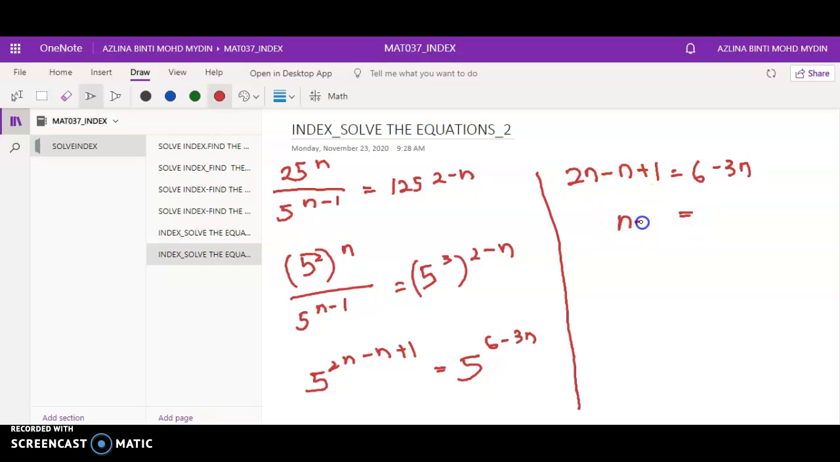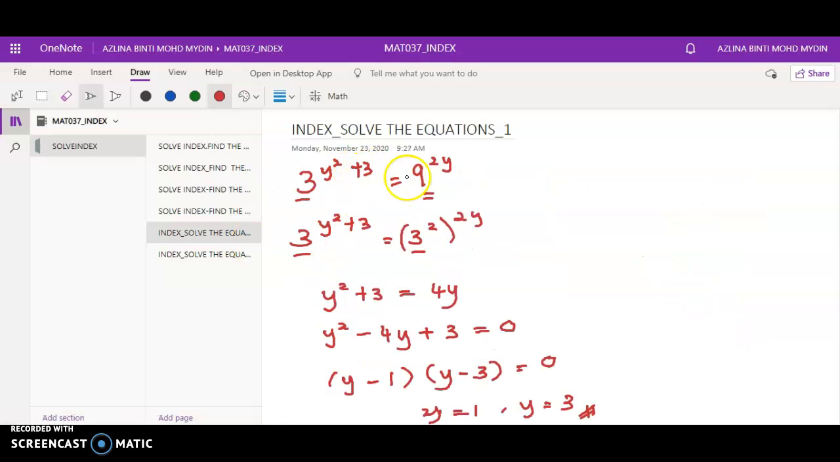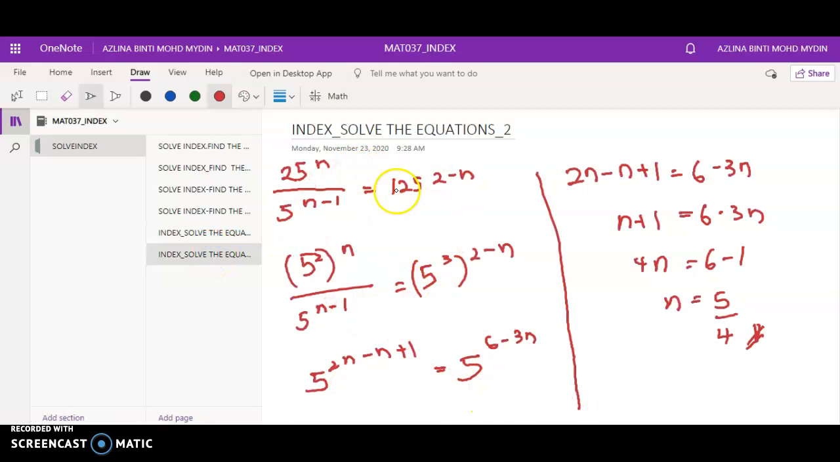So n plus 1 equals 6 minus 3n. So 4n equals 6 minus 1. So I have n equals 5 over 4. So the value of n here is 5 over 4. Okay, so we have solved the index from the equation given. So sometimes the equation can be in the quadratic mode, or sometimes can be in the single